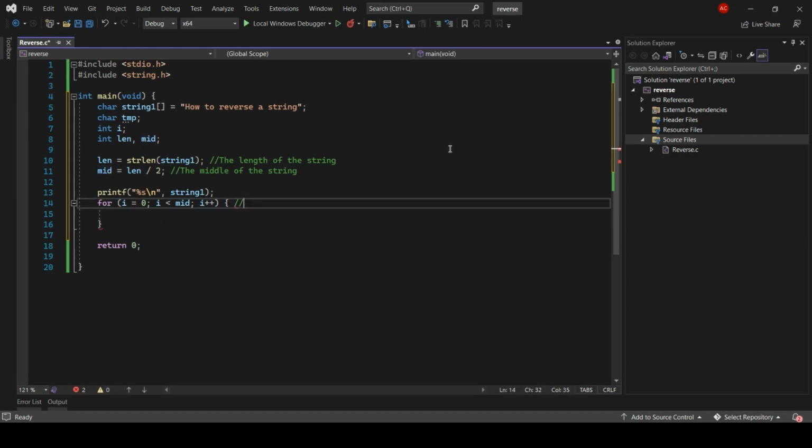All that remains is to go through all the chars, from the beginning to the middle. Each time replace char with its corresponding char, in the other half of the string. It means that we will replace the first char with the last char. And we will replace the second char with the one before the last char. And so we will continue until we reach the middle.